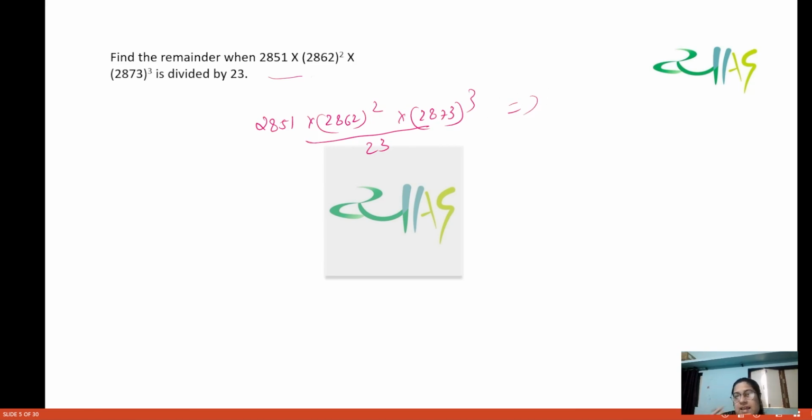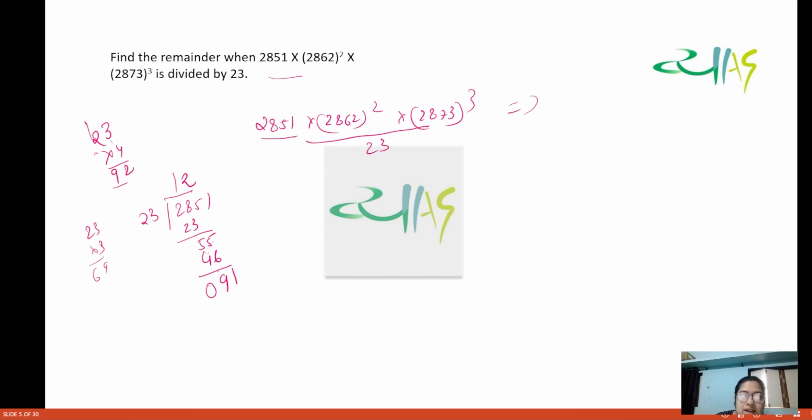तो क्या करिए, किसी एक भी नंबर से इसका रिमाइंडर फाइंड आउट कर लीजिए. ओके, तो ये इतना मुश्किल नहीं है. 23 1 टाइम्स जाएगा तो आपका 5 आ जाएगा। ओके, फिर 23 को अगर हम 2 टाइम्स करेंगे so we will have 46. अब क्या बचेगा, ये 9 बचेगा। उसके बाद 23 से आप कर लीजिए 4 टाइम्स, तो क्या हो जाएगा 92। 23 से 3 टाइम्स कर लीजिए 69 हो जाएगा। तो ये क्या हो जाएगा 2 हो जाएगा।